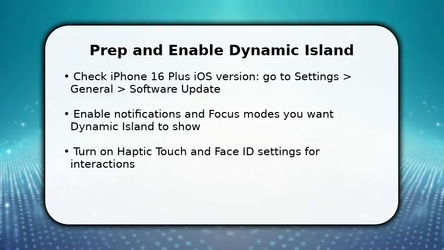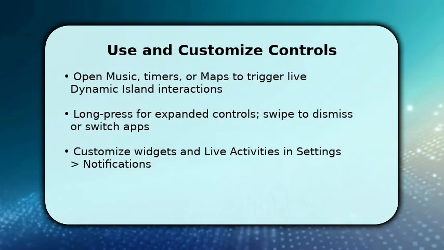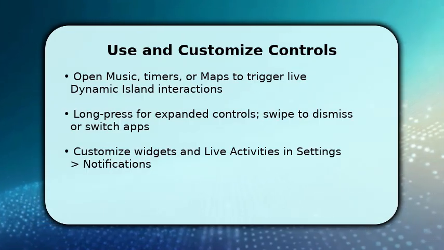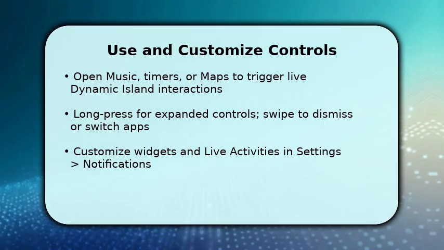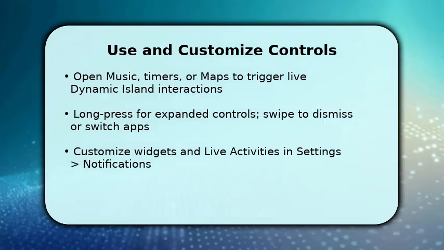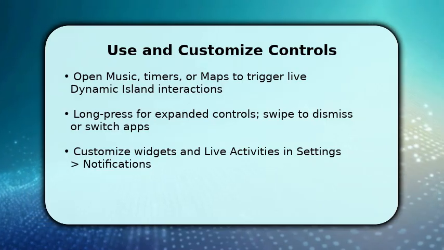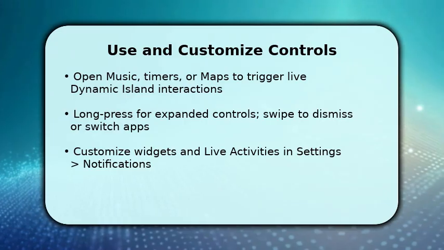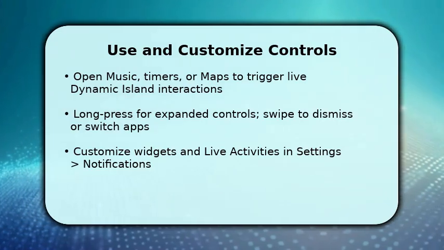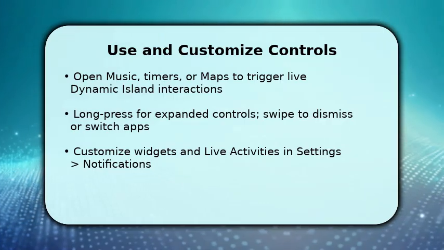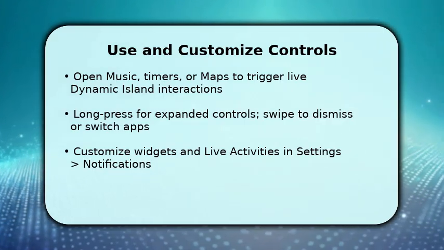Next, trigger Dynamic Island by opening apps that provide live activities. Play audio, start a timer, or begin navigation. You'll see a compact pill, tap or long press to expand into controls for pause, skip, or route details. Swipe left or right to switch between concurrent activities and drag down from the top of the pill for quick access. To tailor behavior, go to Settings and adjust notifications and live activities permissions, so the island shows only the